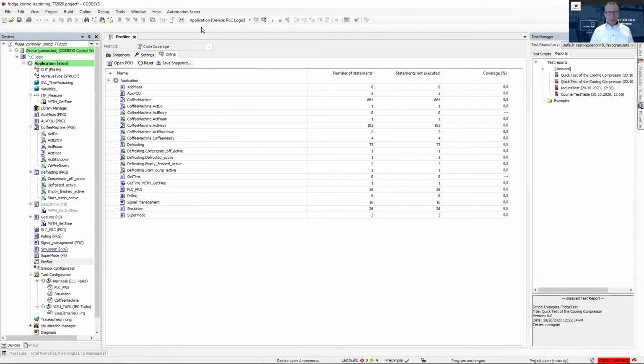Here we are, and as soon as we start the application, we will see that this code coverage, which is now 0% for all these POUs, will have different numbers. Yeah, and you see that, for example, simulation is now at 76 percent. During a certain phase, it will be stepping up in order to see whether I have really covered all